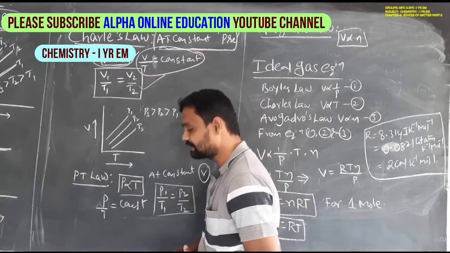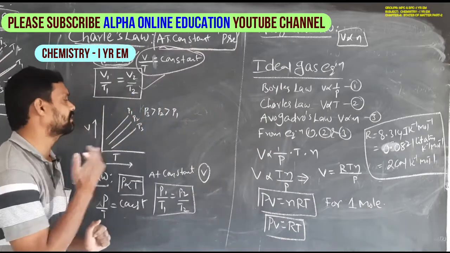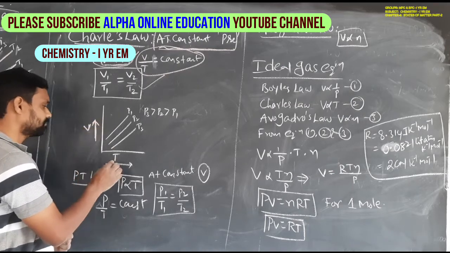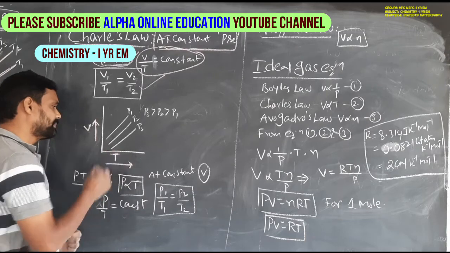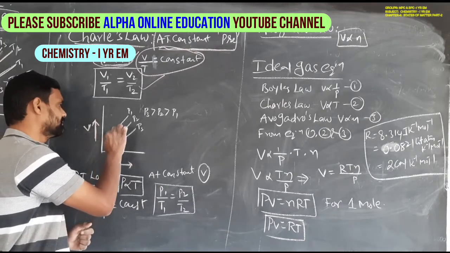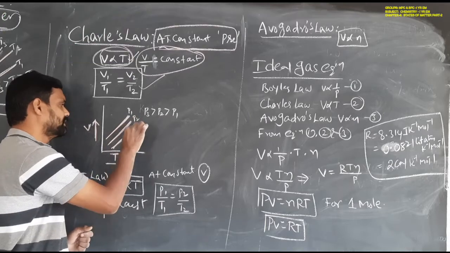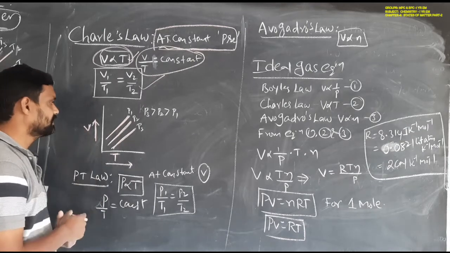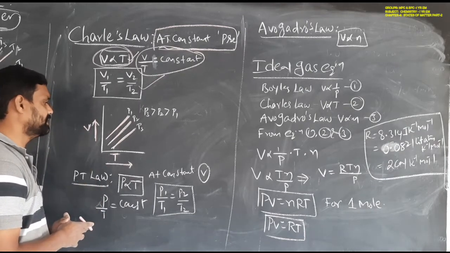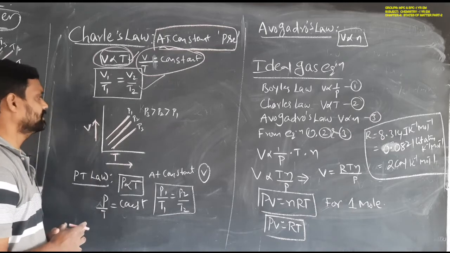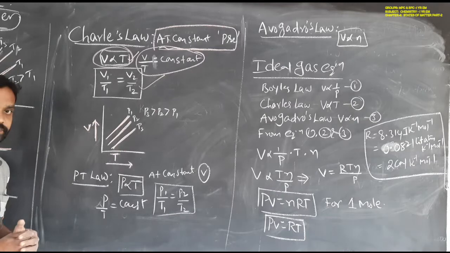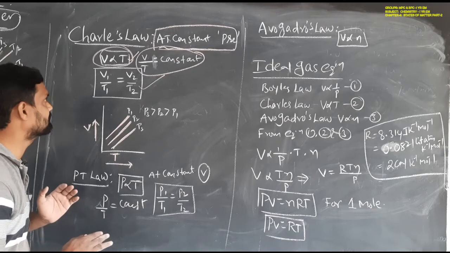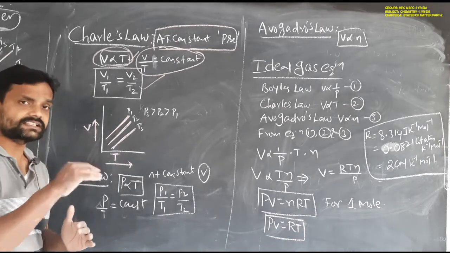Here also, when we draw the graph between the volume and temperature at constant pressure, on the y-axis we take the volume, on the x-axis we take the temperature, and these lines are for pressures P1, P2, P3. So this is the graph for Charles law at constant pressures P1, P2, P3 between volume and temperature. In this Charles law we take constant pressure, and the relation is explained between volume and temperature. Another Charles law is also present.